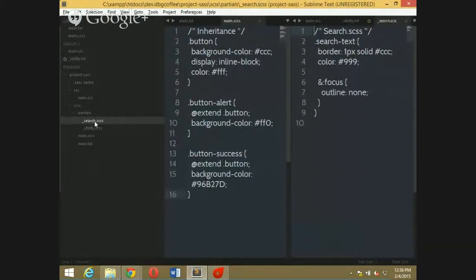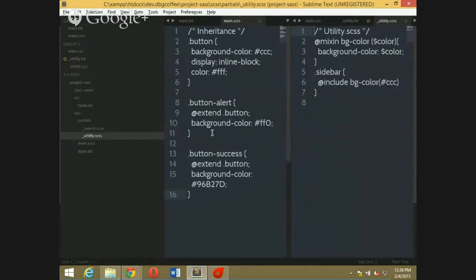I have a partial file called search.scss and another file called utility.scss. Actually, a partial file begins with an underscore, like this: underscore utility.scss, underscore search.scss.